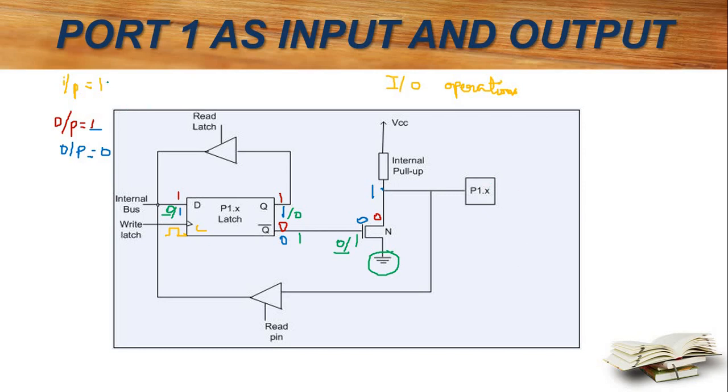In all the ports, first we need to initialize that input pin as 1. Only one function will be performed, that is assuming the port pin input as 1. In the next, for the output pin we need to check two conditions, that is 1 and 0. While checking 1 we need to add internal pull-up resistors. While checking the condition for 0, since this is connected to a ground potential, automatically this will turn into 0. Okay, this is port 1 as input and output.